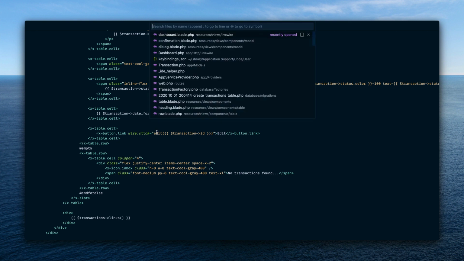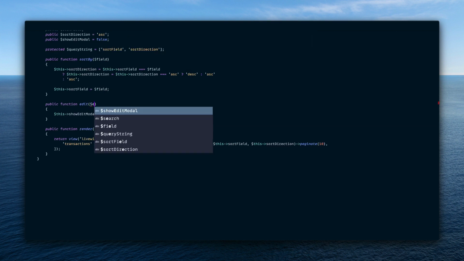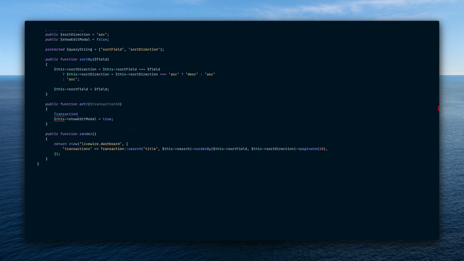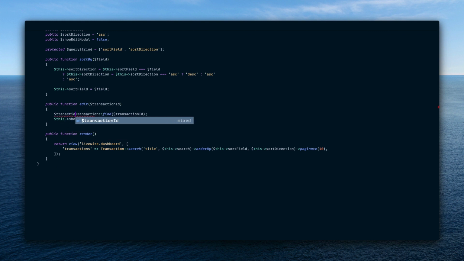So now when we receive edit inside of dashboard, we can receive transactionId, okay? And now we can actually get it out of the database. We can say Transaction::find($transactionId), and say transaction equals,